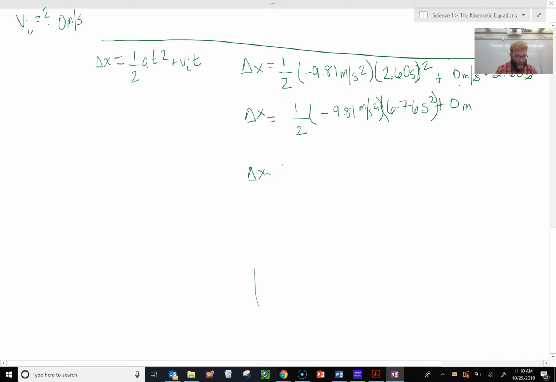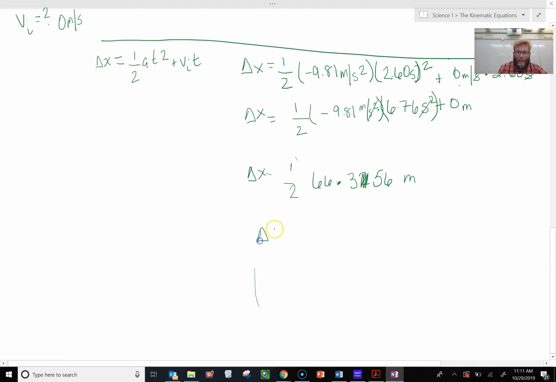So if I take my time squared times my acceleration, I get 1/2 times 66.3156. I'm just leaving all my digits in right now. My units cancel out because my seconds squared cancel out. This is the denominator, this is the numerator, so I'm left with meters. Plus 0 meters, so I'm going to get rid of that. So if I take that value and divide it by 2,